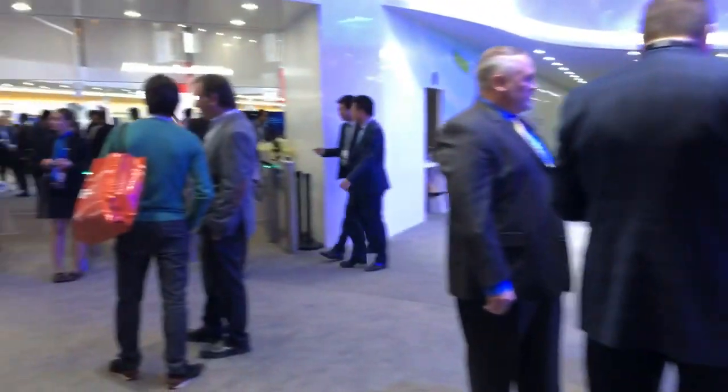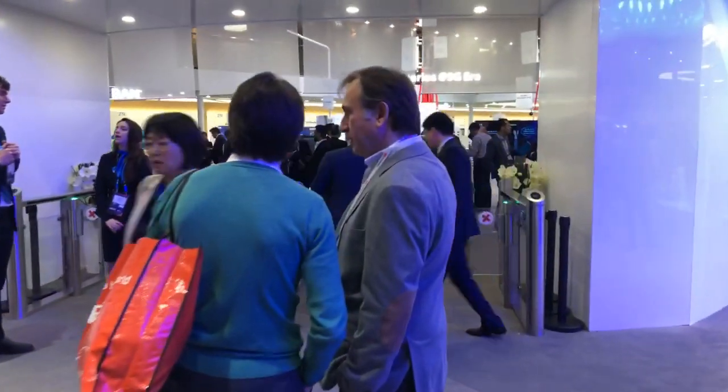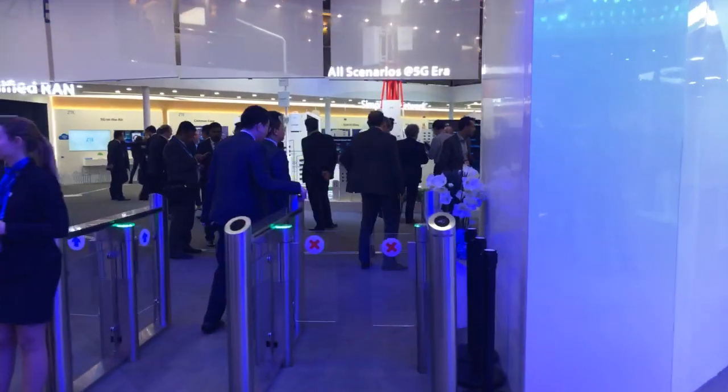So ZTE is one of the Chinese vendors for 5G. They have a special area right there, back in that area, where they are demonstrating a lot of stuff to